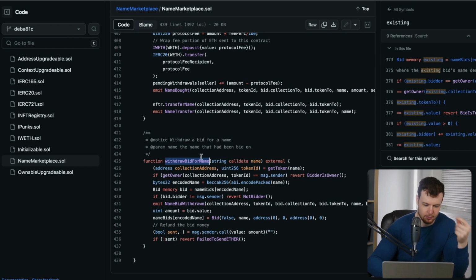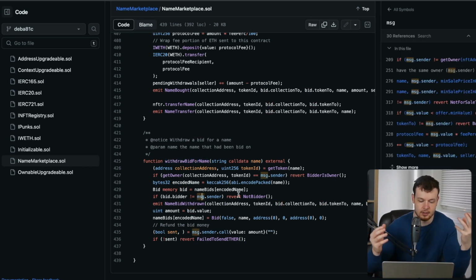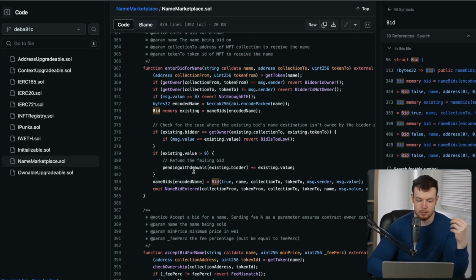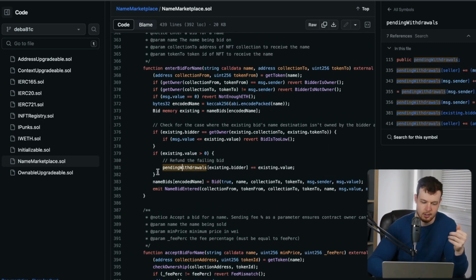So of course we have to bid more than whatever the existing bid is, but notice that we have this third function here, withdraw bid for name. And what this will do is, as long as I am the person who has the highest bid there, then I can basically cancel my bid, withdraw it, and get back the amount that was sent in for the bid. And of course, if your bid was overwritten here, then you're still able to claim your bid amount with this